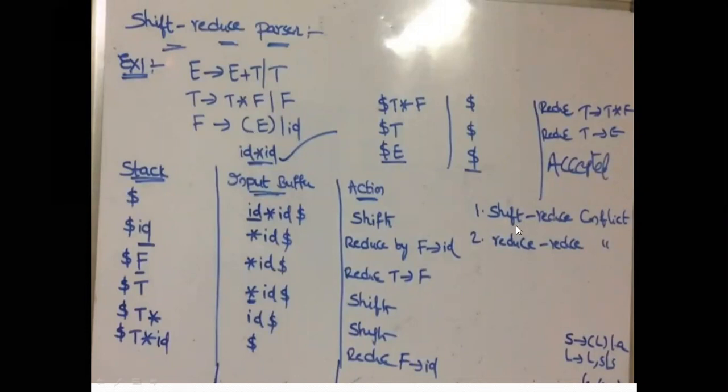So here are the two conflicts, shift reduce conflict and reduce conflict. Shift reduce means at one statement, we have to decide which operation to perform: there is a shift operation as well as a reduce operation. So that problem is called shift reduce conflict. In this one we are performing only one action, so the correct action is to be performed. In this reduce conflict we are having two or more reduce operations. So which one we have to choose to get the correct parse tree? This problem is called reduce conflict.